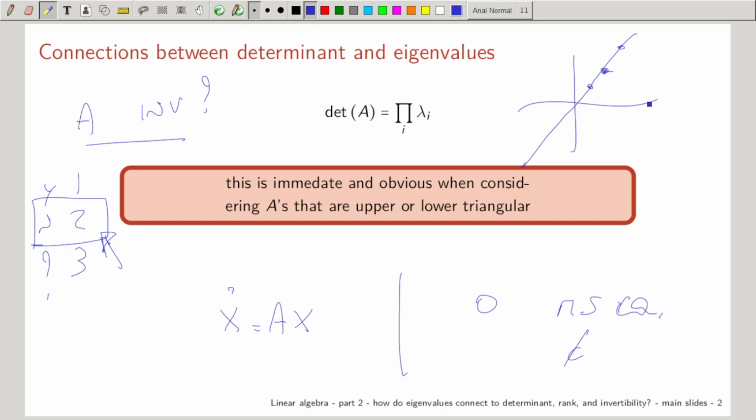Question. Could you also say that since it's marginally stable, you would assume that there has to be a pole in the origin, and since there is a pole in the origin, then you have a 0 eigenvalue. And I am arriving there. It's better to say eigenvalue equal to 0 than pole, because poles and eigenvalues are two different things. They are similar but different. We are going to arrive there. Anyway, the kernel is non-trivial. Kernel non-trivial means that 0 is an eigenvalue. 0 is an eigenvalue means that the determinant is equal to 0, means that A is not invertible. Are we together, people?